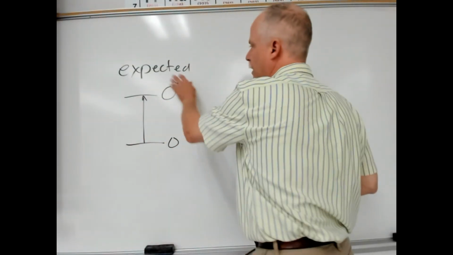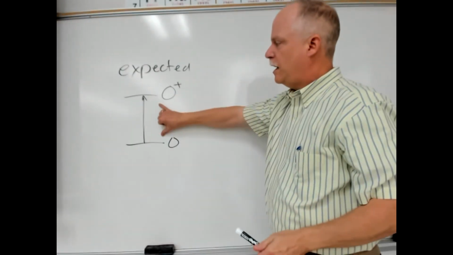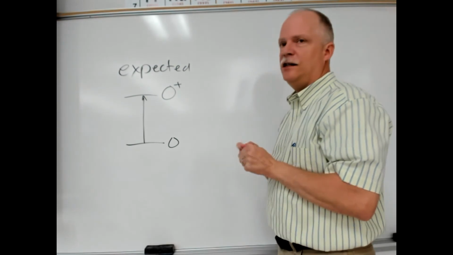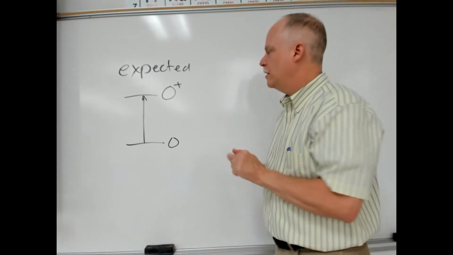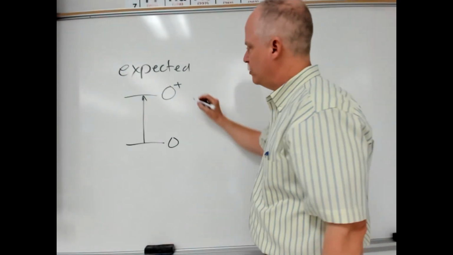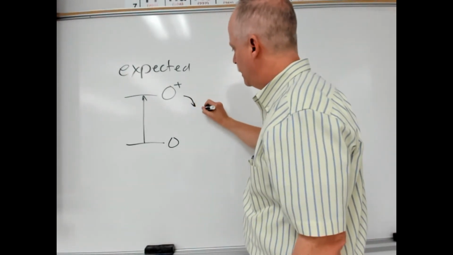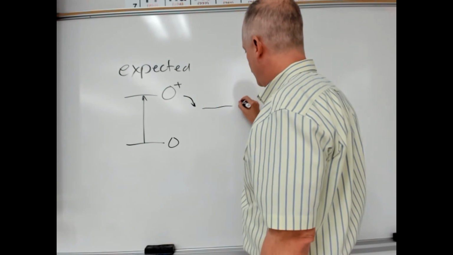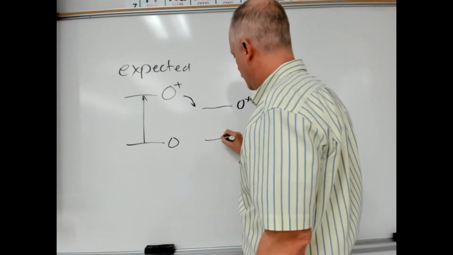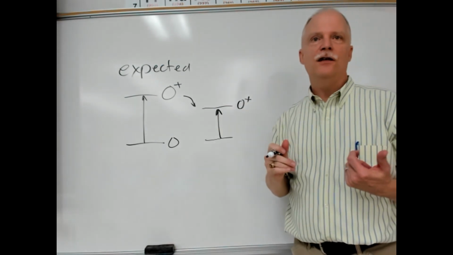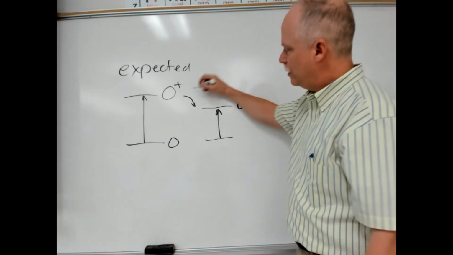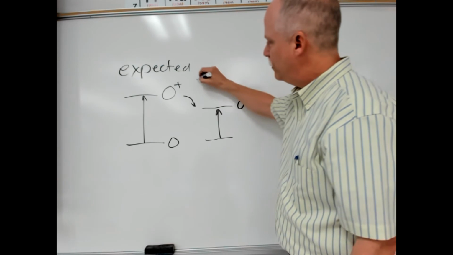So we have the expected ionization energy, but we realize it's smaller than that. It's easier to ionize oxygen than we expect. And so we need to make that arrow shorter. If we recognize that oxygen cation has the same electron configuration as nitrogen, and it's stable, then the cation has dropped because